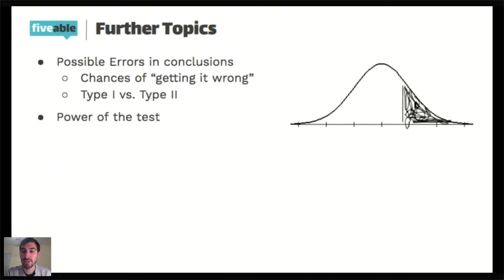And then the other thing is what's called the power of a test. This is going to be a separate lesson for us in terms of 5 streams, but it's the chance of getting it right, like the chance of correctly rejecting a null hypothesis when we really should have. And so with that, it is